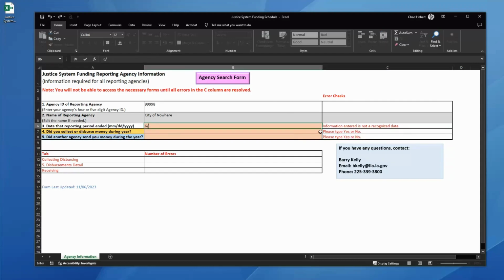So for the fiscal year ended, the period ended, I'm going to fill out 6/30/2022. And I press enter, and you see the error goes away as well as the beige color, which indicates an issue. Did you collect or disburse money during the year? I'm going to say that this agency did. So we'll go yes there, and click yes here about did my agency receive money. And